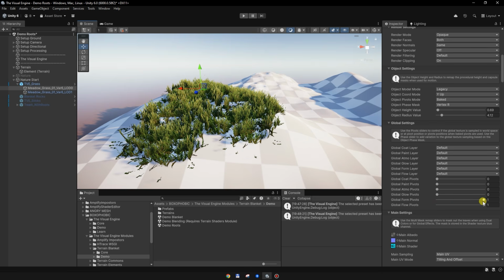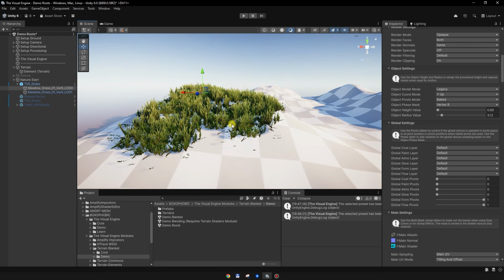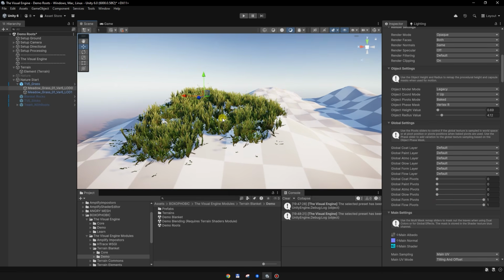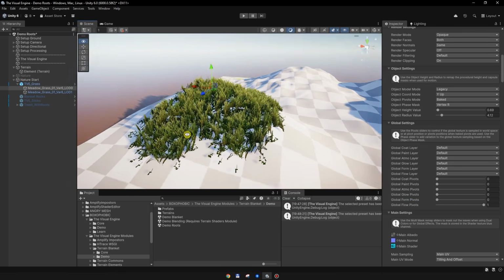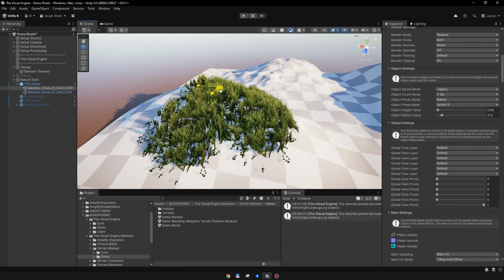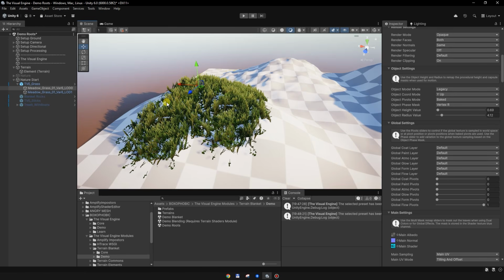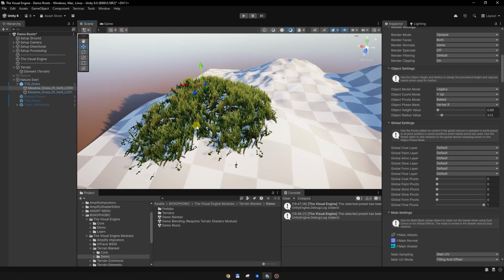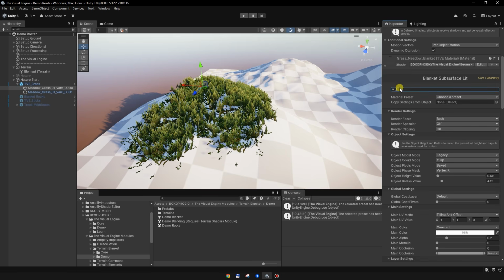pivots to 1. But we can also sample the height in world position, and for grass it will still work, but we will see when we get to the rocks, changing this slider matters a lot. Okay, so I will keep it to 1, go back to conform, I will search for it,